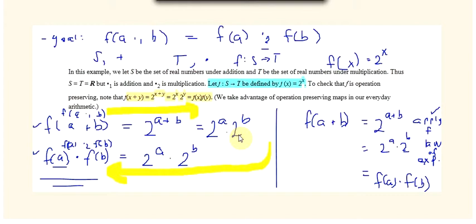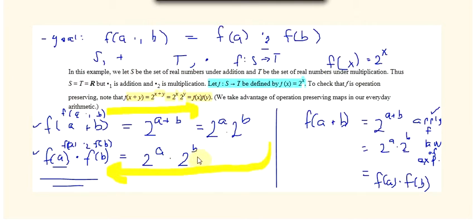So I jump to the other side of this goal, this f of a dot 2 f of b. And I look at what is that? Well, dot 2 is multiplication, because T is a set under multiplication. So I write that out, f of a times f of b equals, and then I map that. Where does my map take the element a? It becomes the exponent with 2 as the base, so 2 to the a. Where does my map take b? 2 to the b. And I multiply those two. And then I notice